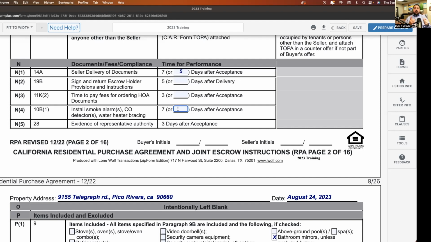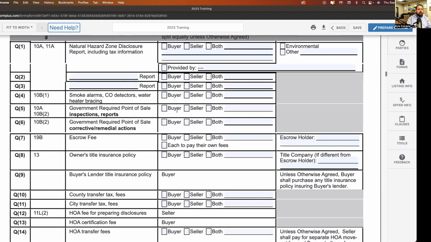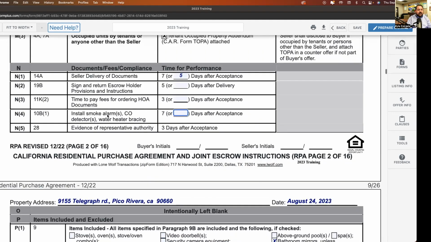Because what they're trying to do is cut out the fees on re-inspections. And the contract does state if there is any re-inspection, it's the seller's responsibility to pay that. And the reason for that is because as we get into smoke detector, water heater bracing, that's normally a seller's job, right? And what it says here is that it's going to be done 7 days after acceptance. So keep that in mind when you're talking to your sellers. Make sure those things maybe get done prior to marketing so that you don't have to worry about it, but know that you have to do that in 7 days.